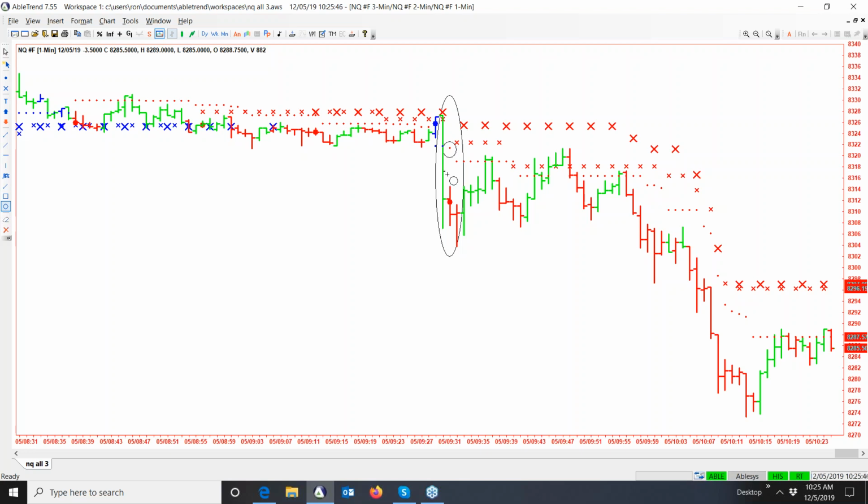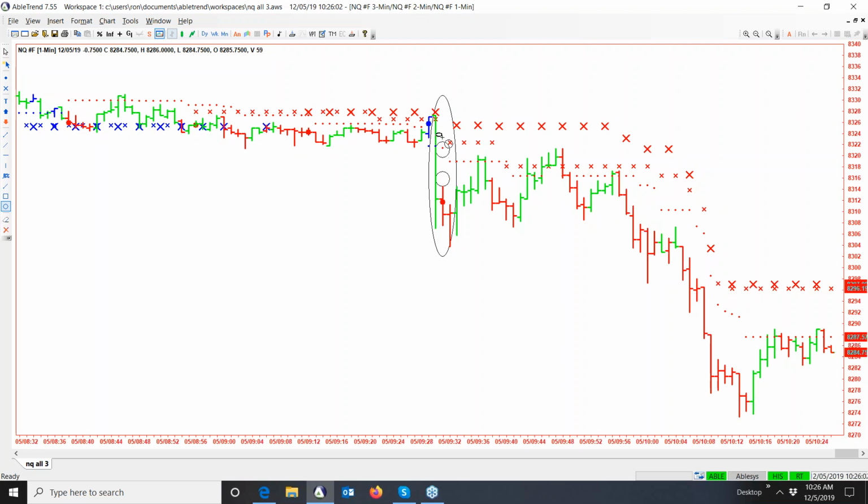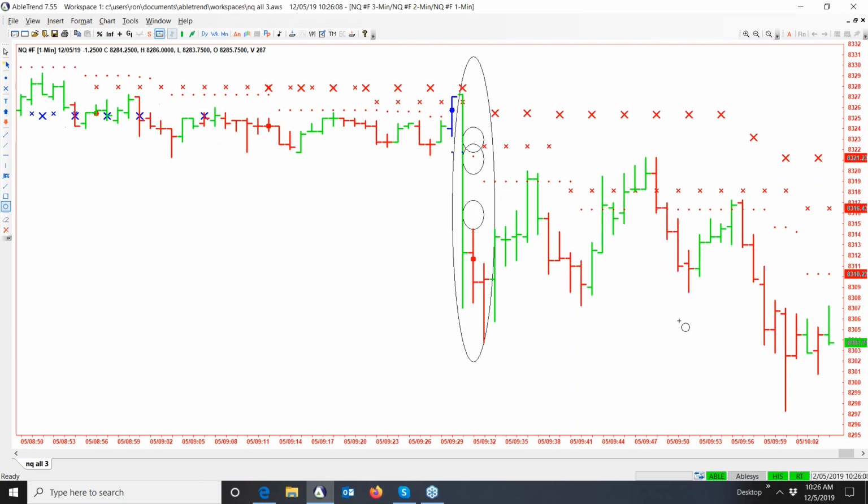So we would use the top of this red bar as a stop, and there are a couple of little advanced strategies. This is just a basic overview, and I want to keep it simple because most everybody here is new. But you know what? Let's not do that. Let me go back to: stop loss goes right above the top of the red dot. As the dots come lower, let me zoom in a little closer.